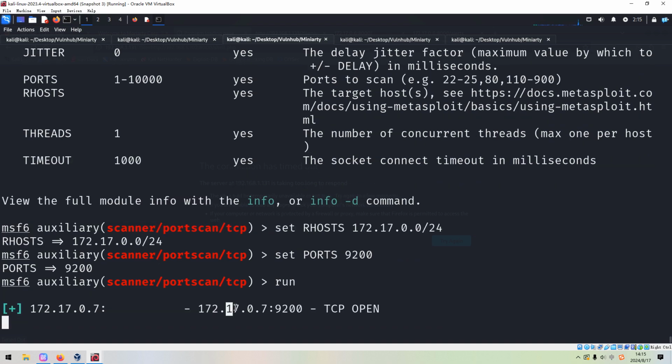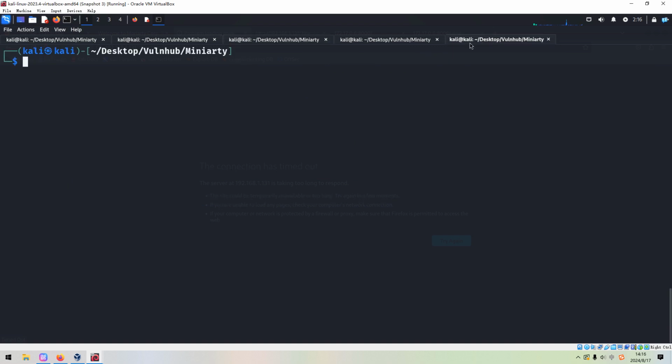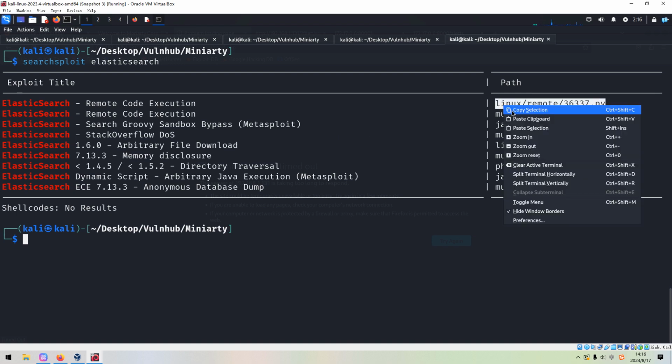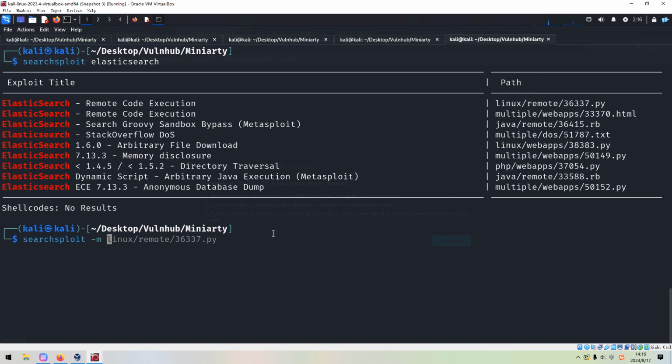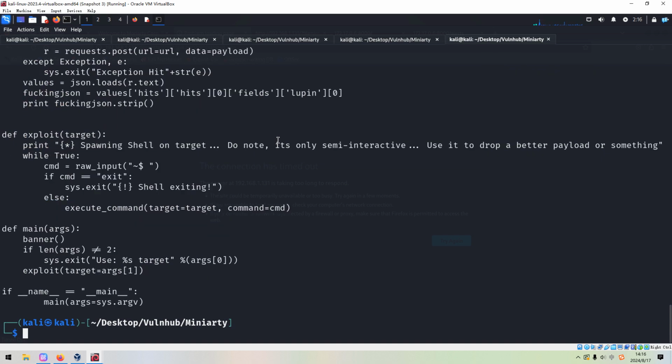As you can see, we have already found another machine which is running Elasticsearch. So next we can use searchsploit to look for Elasticsearch, and we can find this exploit, and we can cat out this Python script.